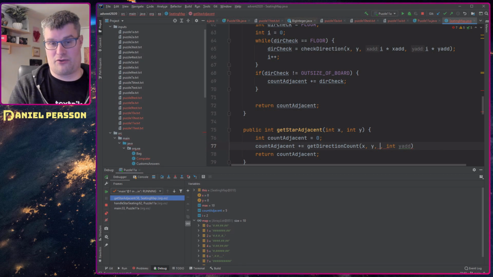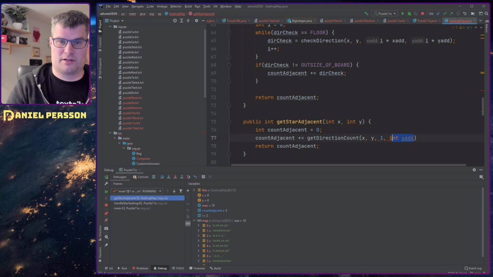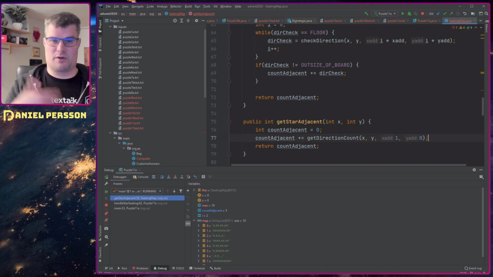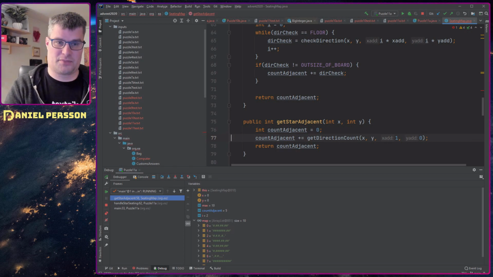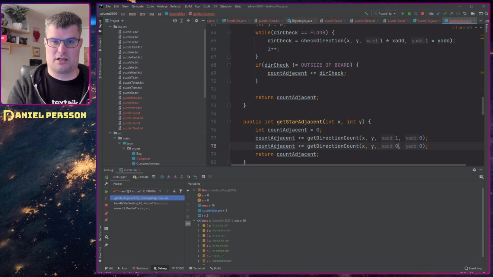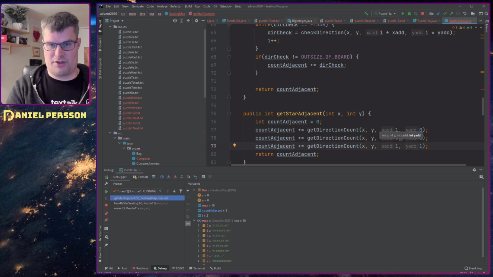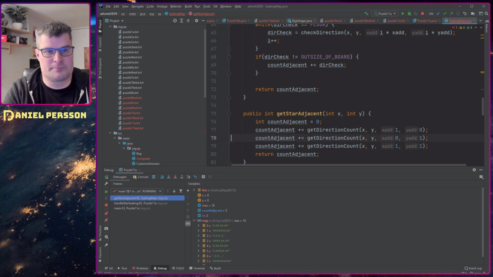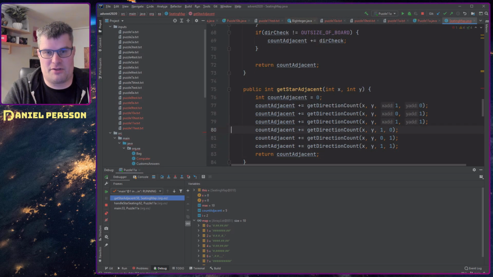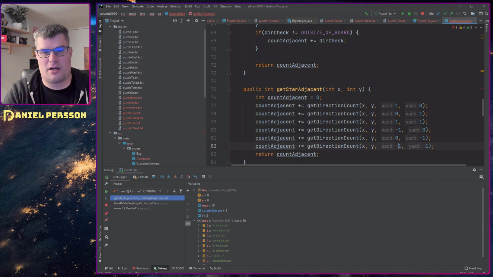So here we can check, for instance, 1, 0. So that will move in the X direction. We also want to check the Y direction. We also want to check both of those. Then we can have the same loop but minus. Then we have checked